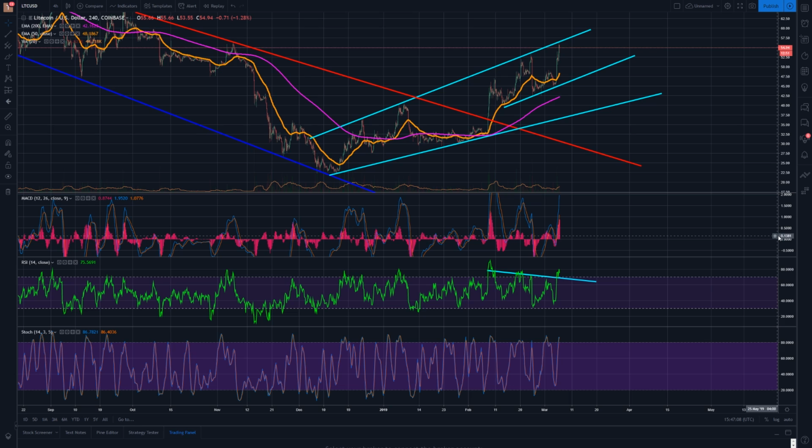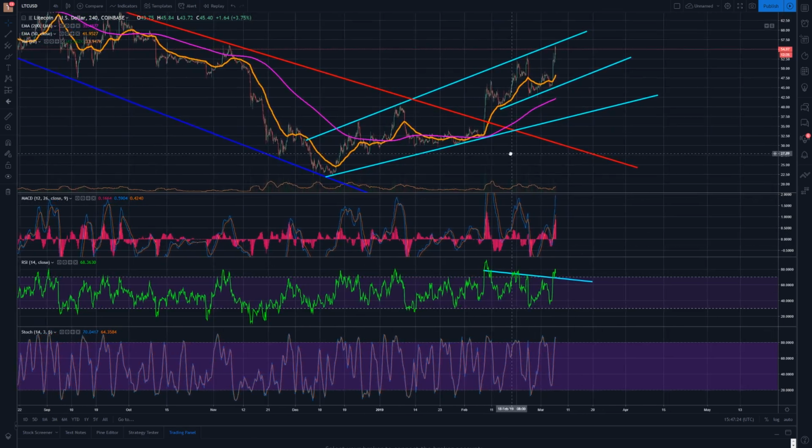And today we're going to be doing a technical analysis on Litecoin paired to the US dollar, because what we have here is actually a pretty bearish scenario on both the 4-hour and on the daily chart, on both our candle chart and on our indicators and oscillators. So what I really want to do here is break this down, explain why this is bearish and where I